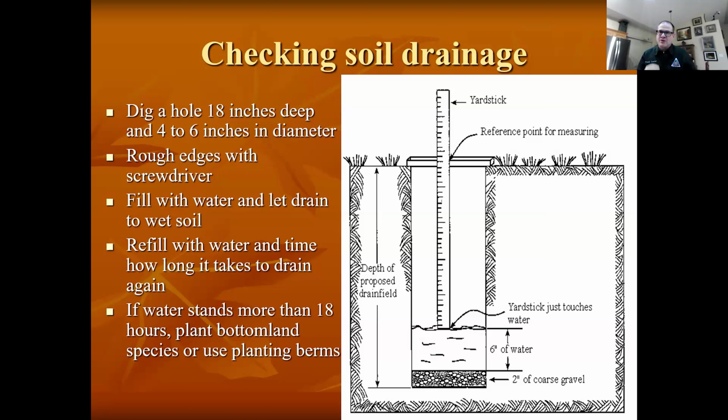We're on prairie clay soils here. A lot of times they don't drain that fast, where after rains, they stay saturated for a couple days. A lot of trees do not like having that. It's called wet feet. So if it's less than an inch an hour, you need to think about bottomland species, which are species that like to grow next to creeks and rivers. They can just handle that. So if you've got over an inch an hour, you can plant any tree you want. If it's slower or less than that, you need to pick species that can handle short periods of standing water.